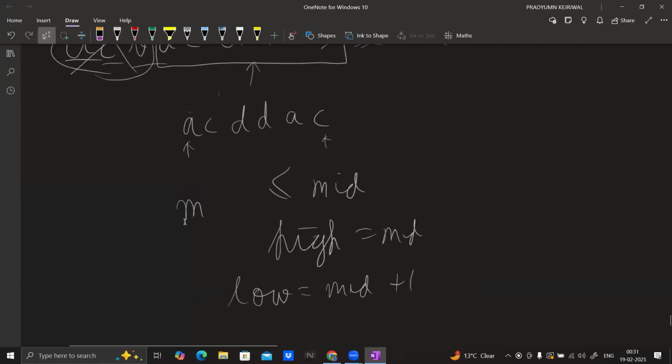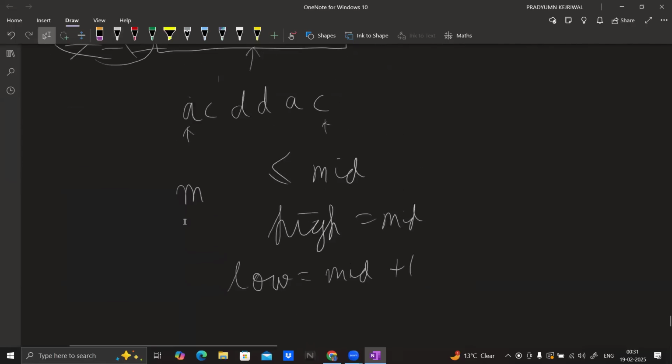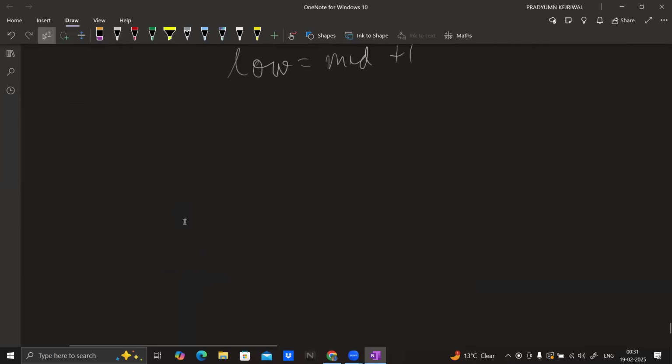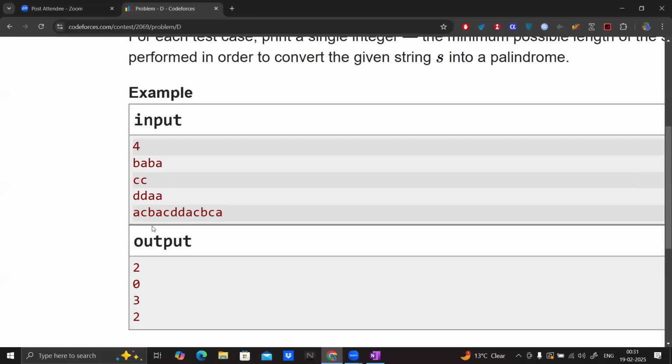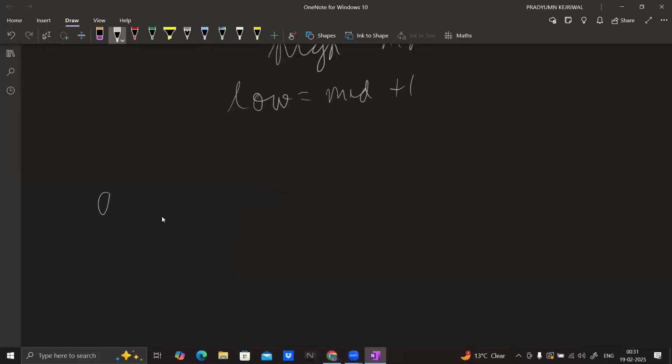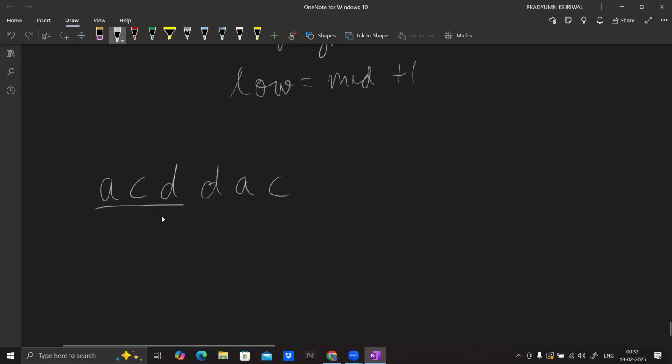All right. So basically now what remains to check is how do we determine whether it is possible to make it a palindrome? Say we have been given a string ACD, or let's take a better example. We need to figure out, if we choose a length 3 prefix, is it possible to make it a palindrome? Or in general, if we have a string,